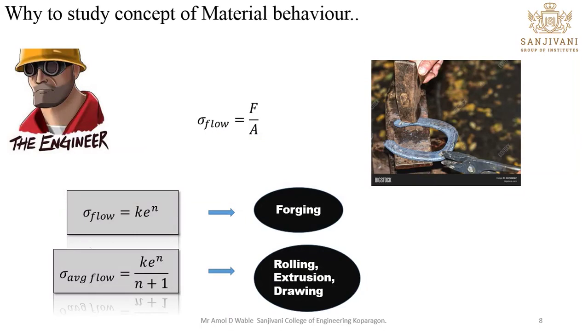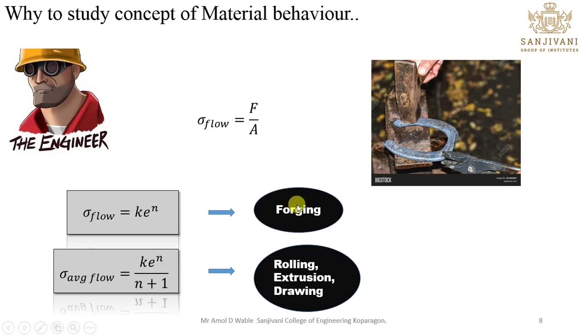So the flow stress is defined as F upon A, that is the external force divided by the cross sectional area where the force is actually applied. The area will be in mm square, and force will be in Newton. In this case we are interested in finding the value of force, what exactly the force required to give the final shape to this component. And once you know the force, you can find out the torque, and due to the torque you can decide which kind of motor to be used, so that this amount of force will be generated.